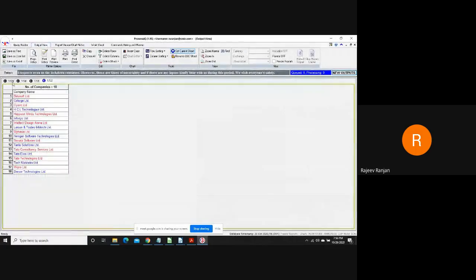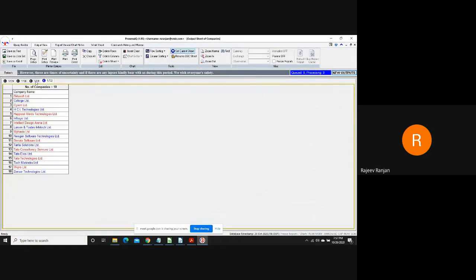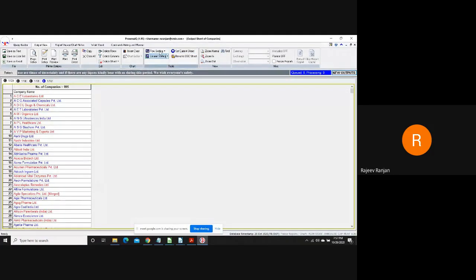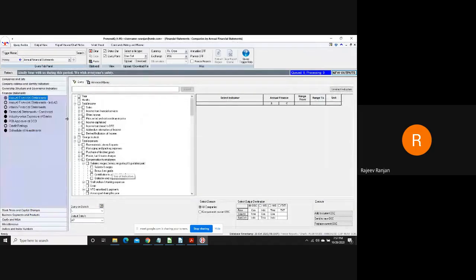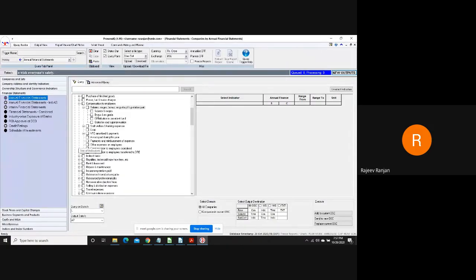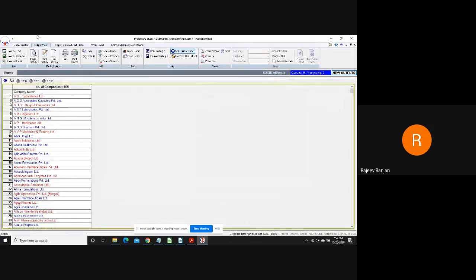If I have multiple sheets here and want to go back and work on this sheet, I can activate it. The sheet which is active shows this blue C icon. If I want to activate this sheet, I can click here, set current sheet, and this sheet is active. Now for this sheet, I want to find the companies with their wages and salaries, and these are the pharma companies.